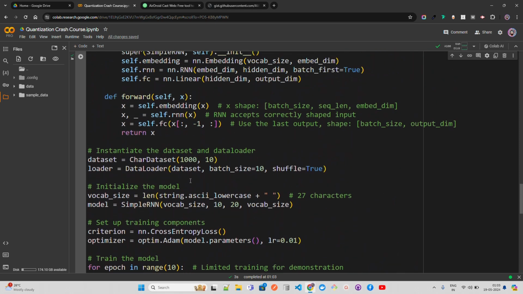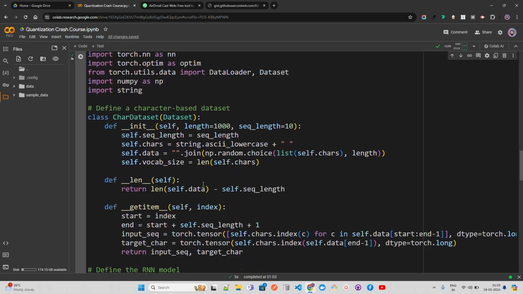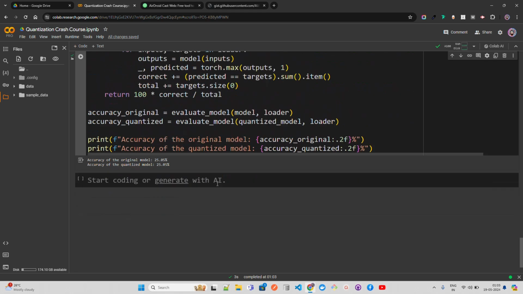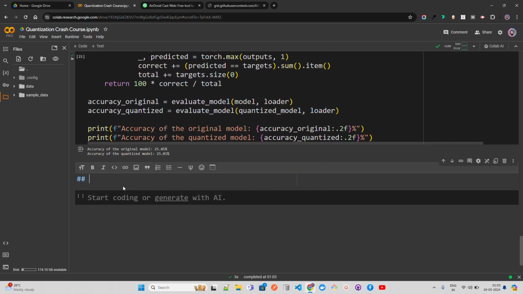Okay, and this is very simple, where you can see what we are doing. So we are initializing the model, a very simple feedforward model. The same thing, character-based datasets. We have a dataset which is based on characters that we have just generated, and you can see the same accuracy. So even till now, we don't have any performance degradation. We're going to move into transformer based. So let's just quickly move to transformers, BERT based or whatever.